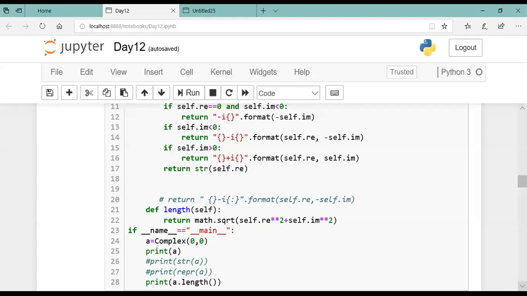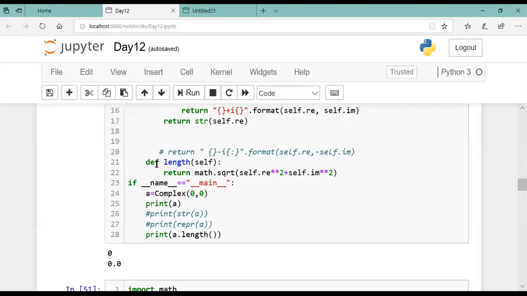Here, if you don't want to make a dunder method, simply write length, and since it is part of the class, you will write self as one variable, and then simply return math.sqrt of self real square plus imaginary square.